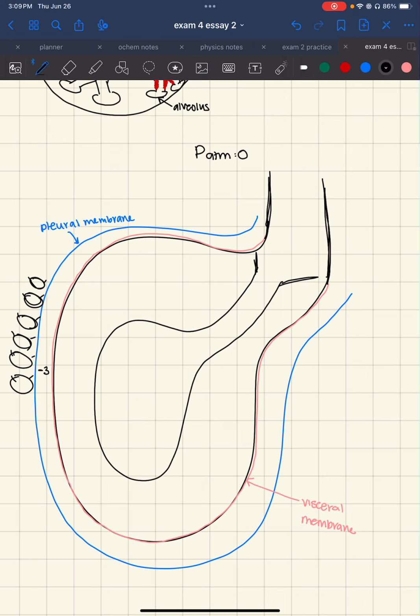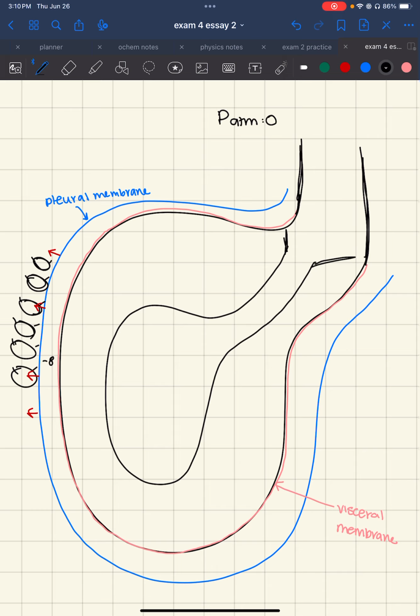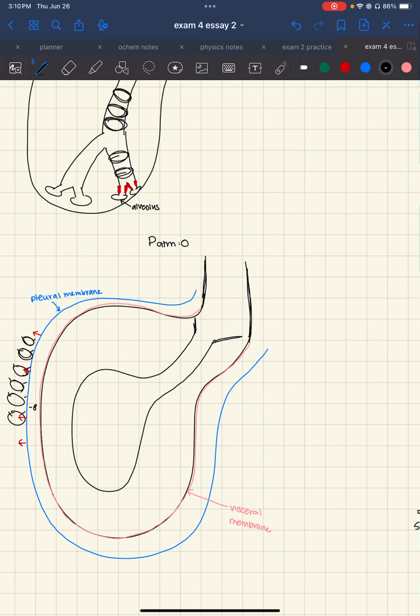And when we inhale, what happens is our rib cage flares outwards a little bit and it moves out, which moves the pleural membrane out. I'm moving my hand, you can't see me. It moves the pleural membrane out right here, right? So all of this moves out, which pulls on that suction, and we actually decrease the pressure in here. So when we inhale, we go from -3 to -8 or -10 even. Which is then going to pull on our lung and make our lung a little bit bigger. Our lung follows,